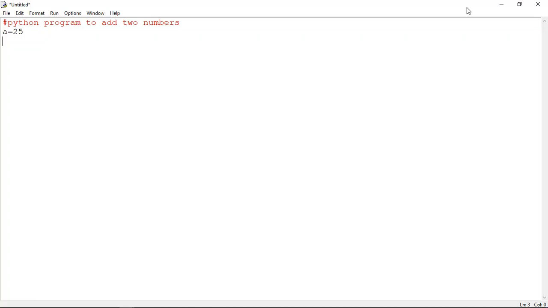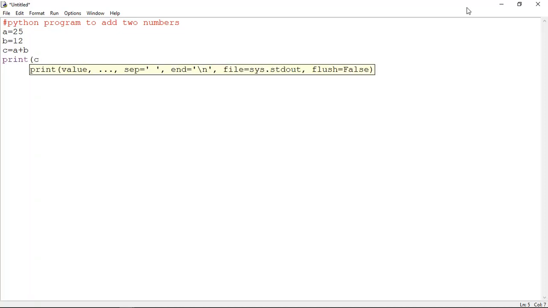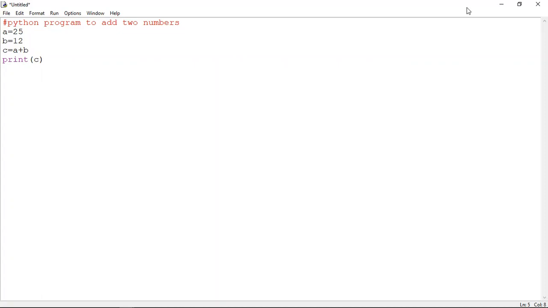In the next line we write b is equals to 12, and then c is equals to a plus b. To get the output we write print c. So this is a simple basic program to add two numbers.